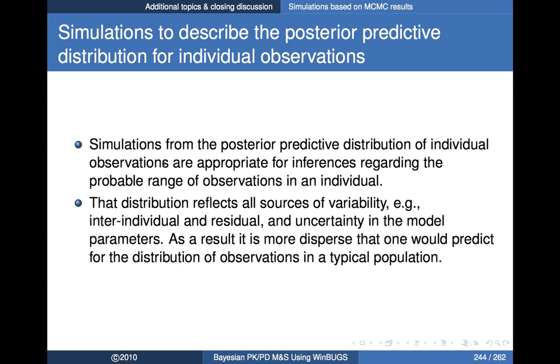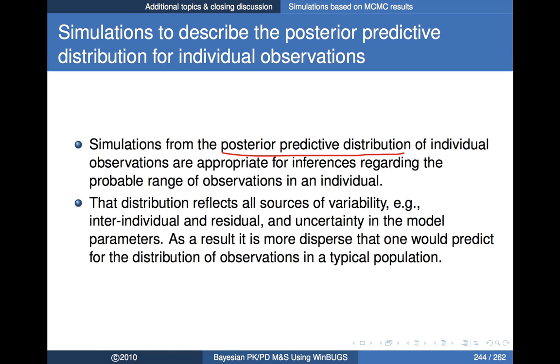Okay, now the thing that I often need to remind people of is, now that you've got the posterior predictive distribution from this population model, how do we interpret that thing? Because I've often found it misinterpreted, so I just wanted to make something clear. So let's read through the statements here. It says simulations from the posterior predictive distribution of individual observations are that distribution that is appropriate for making inferences regarding the probable range of observations in an individual,